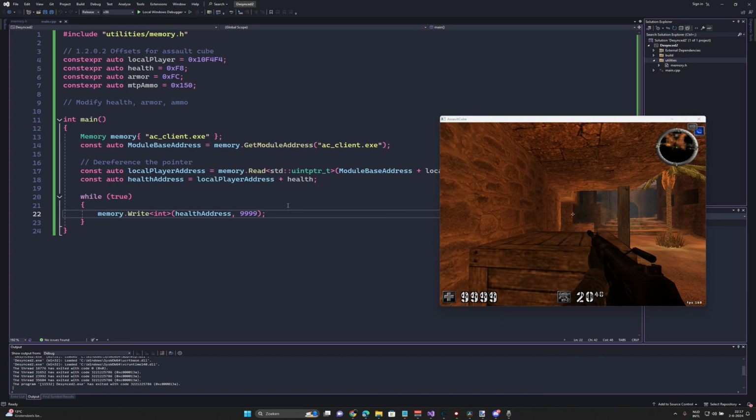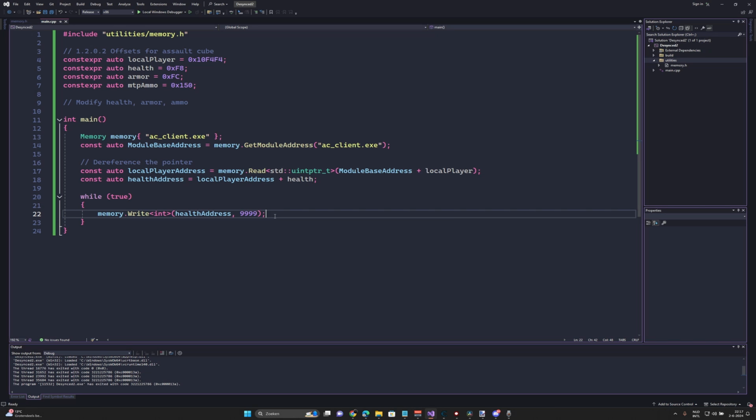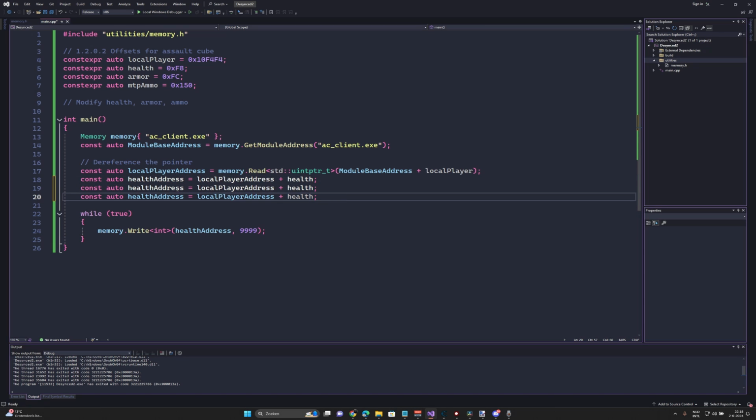So let's close out of this software here, because yeah, it works, but it doesn't look clean at all. So we're going to improve that. The first thing I'm going to do is add more of these pointers. So let's Control D and then add the armor address as well, and then change health offset to armor. And then for MTP ammo as well, it's local player plus the MTP ammo, and then change this to MTP ammo address. I think that's better. All right. So we have now defined these pointer paths as well,